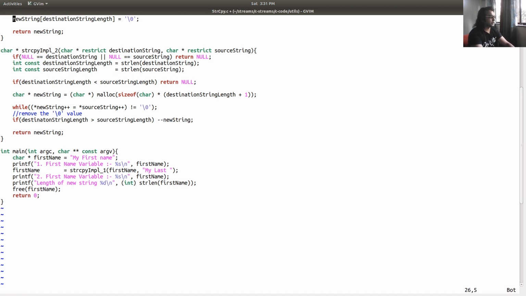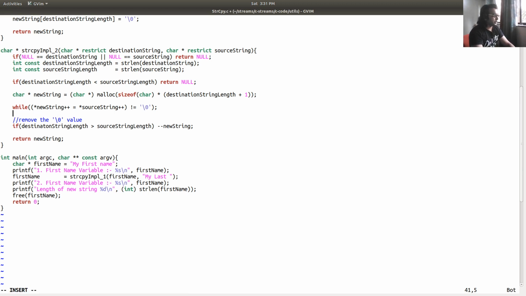Because if they are equal, then we are going to put a null value at the end of the array anyway, so we don't need to make any change. Otherwise, if the length is greater, we remove the null value at the end, and we will start putting